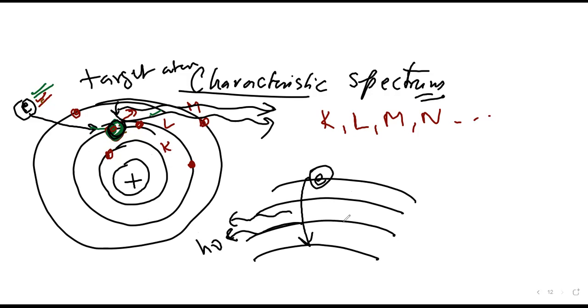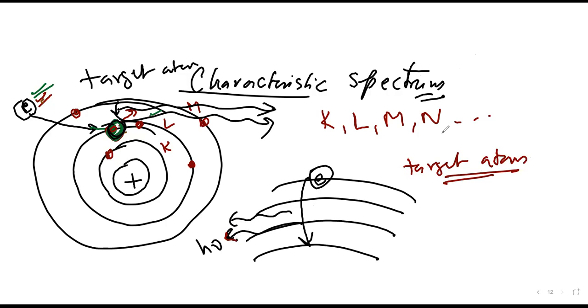So yes, the external electron is removing the electron inside the atom, completely, and the new electron from the outer shell is coming down, and that is emitting X-rays. Correct. And such type of X-rays will depend only on the target atom. That's it. The characteristic spectrum of X-rays does not depend upon potential difference. It's obviously the target atom,